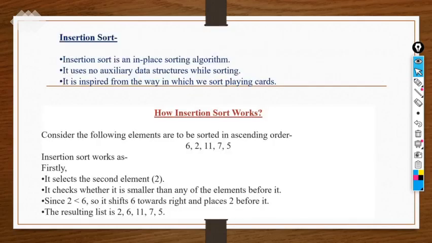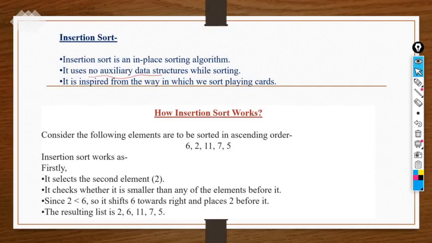We know why we need a sorting algorithm: to sort our list of data in ascending order. Insertion sort is also an in-place sorting algorithm. What is an in-place sorting algorithm? There is no need of auxiliary data structures while sorting. That means no extra storage is needed during the sorting.